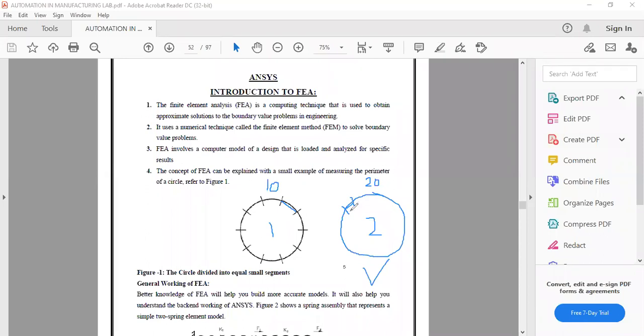So you see, the second one will give us a more accurate value of the perimeter because we have more divisions here. That is why we say that this is an approximate technique. So let me clear this.